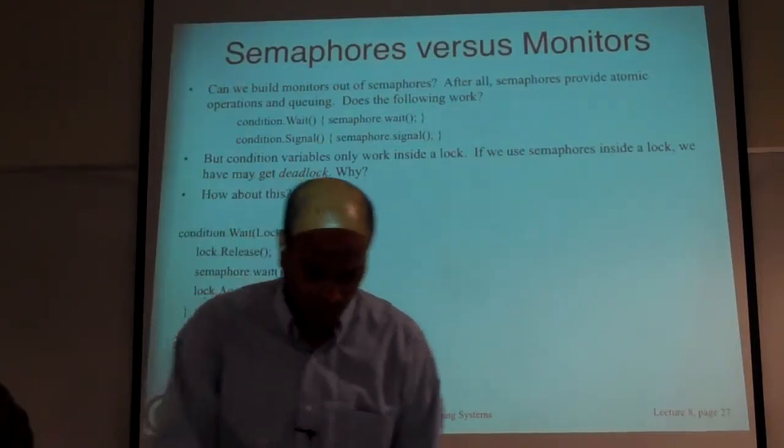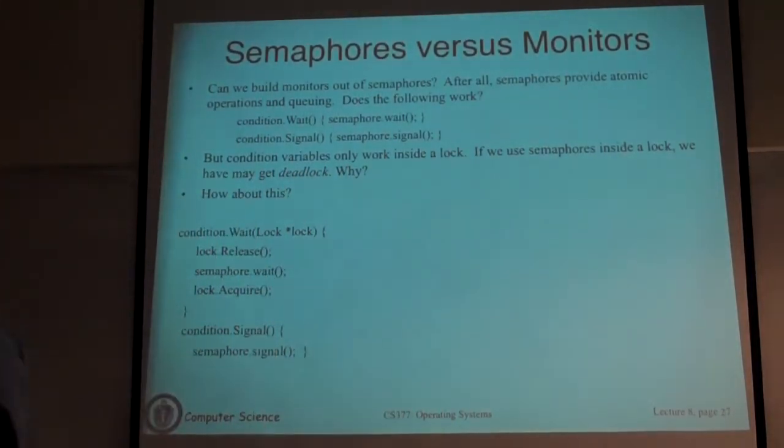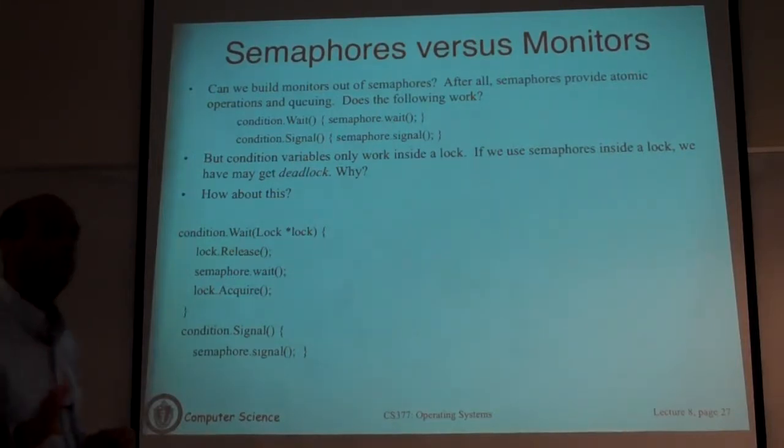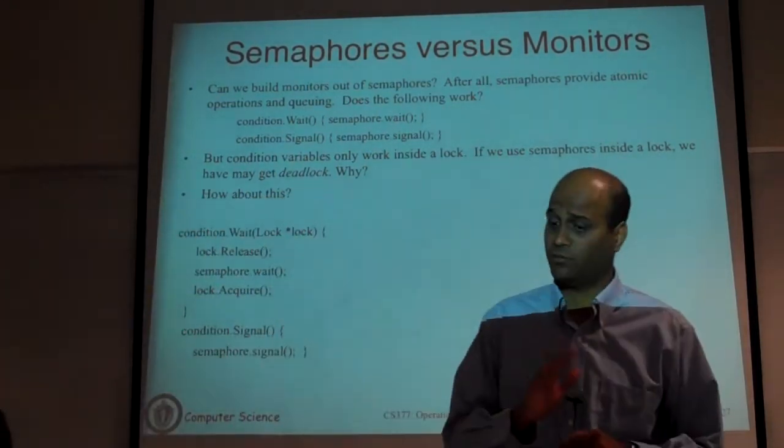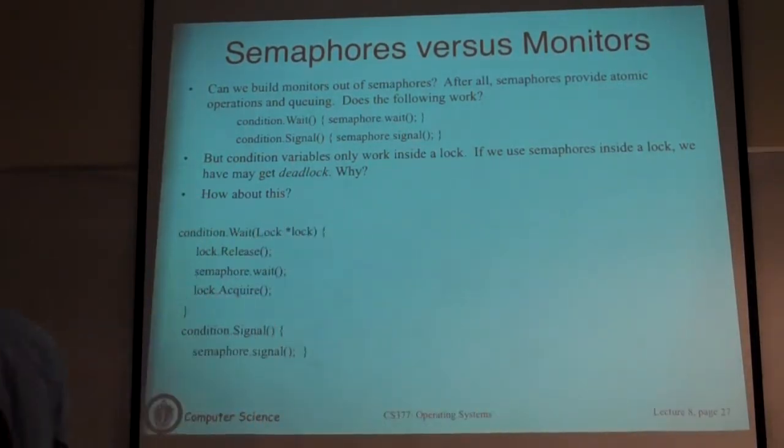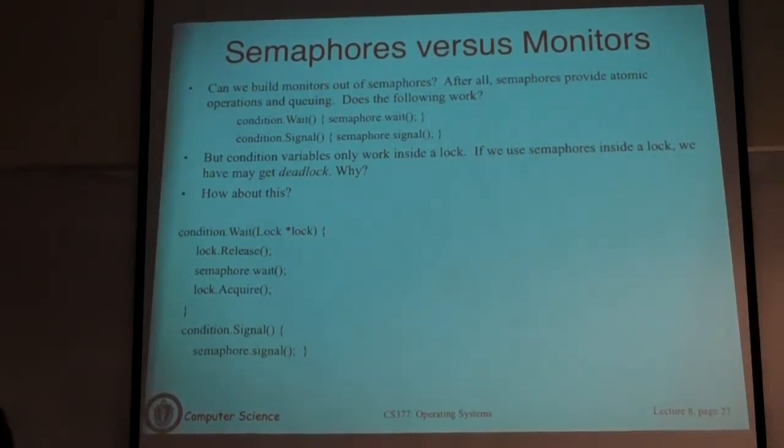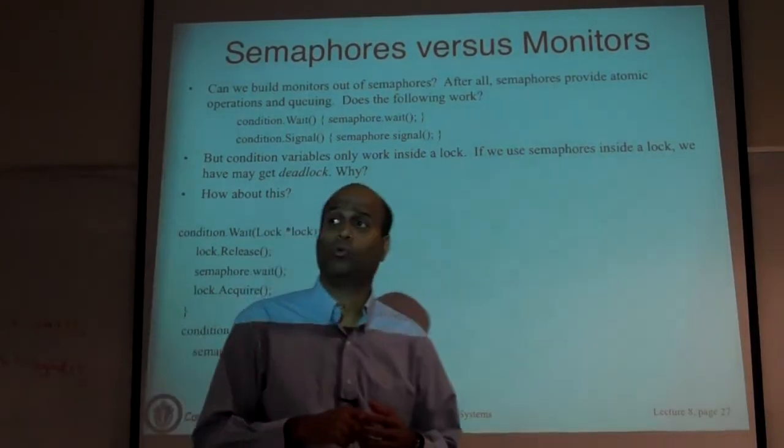So bounded buffer I'm going to skip. The last point I wanted to discuss here was really the difference between semaphores and condition variables, not monitors. So you can ask the following question. If you have a semaphore, the operations you can do on it are wait and signal. There are condition variable objects. You can also do wait and signal, so they have the same operations you can do on this.